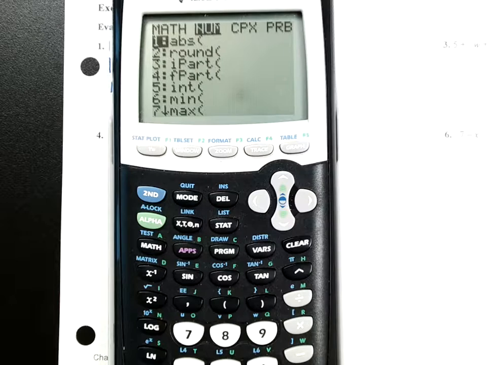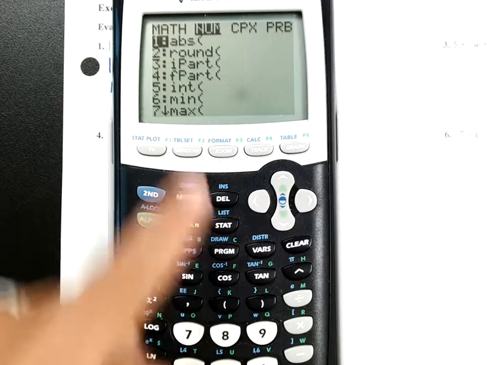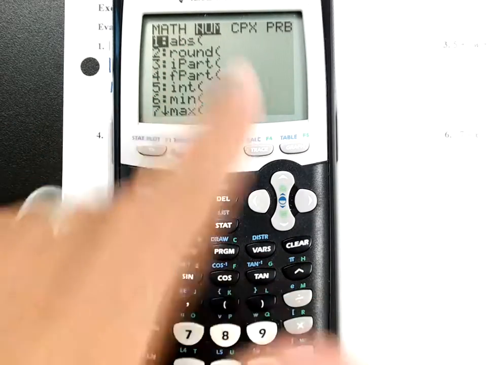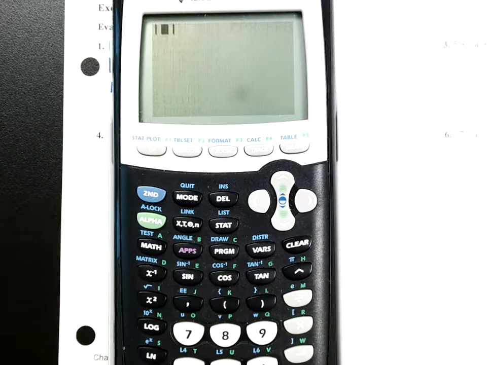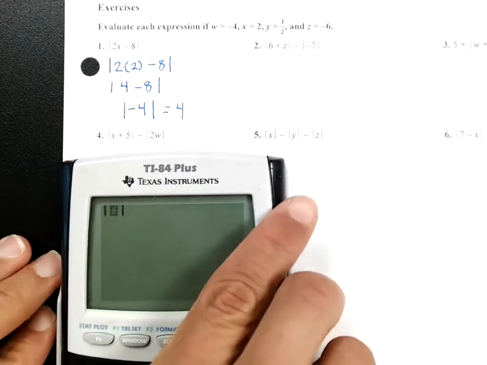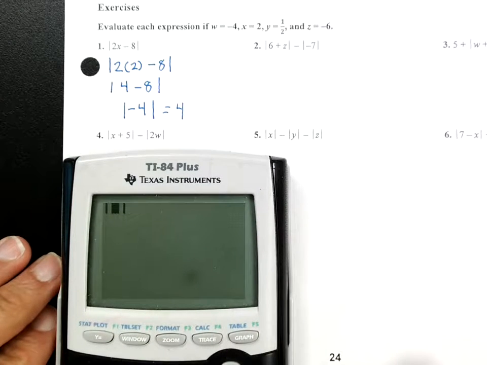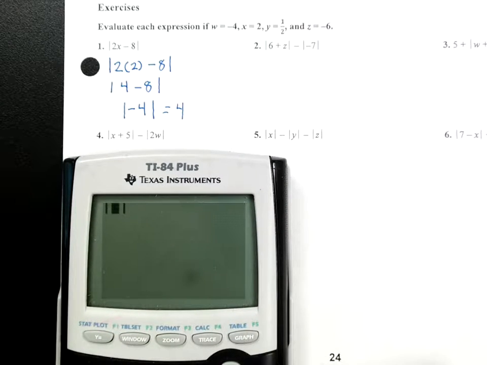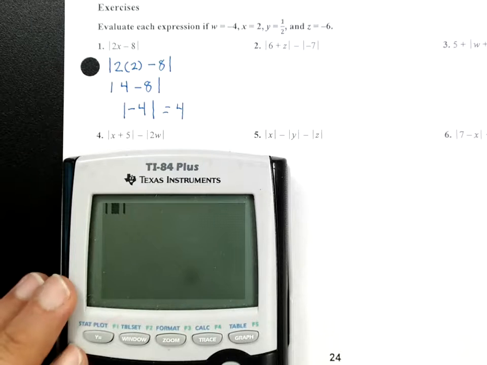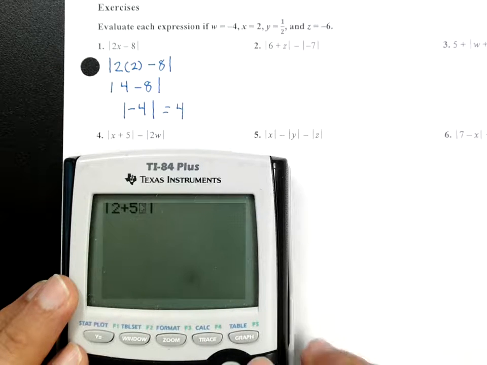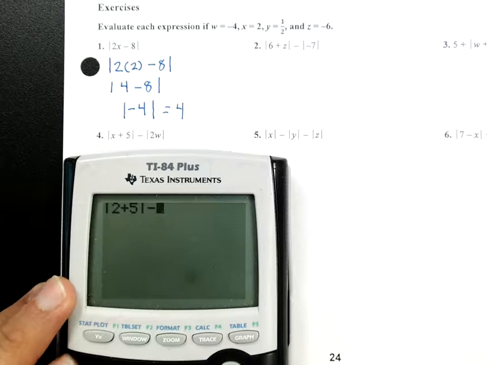All right, so again, one more time if you missed it, you got to press math. And then scroll over to the right, and now you're on this menu right here. ABS is absolute value. So if we press enter, there it is. There's the absolute value. Okay? So on number 4, for example, all right, I'm going to have x plus 5, which is actually 2 plus 5. So we got 2 plus 5 minus,